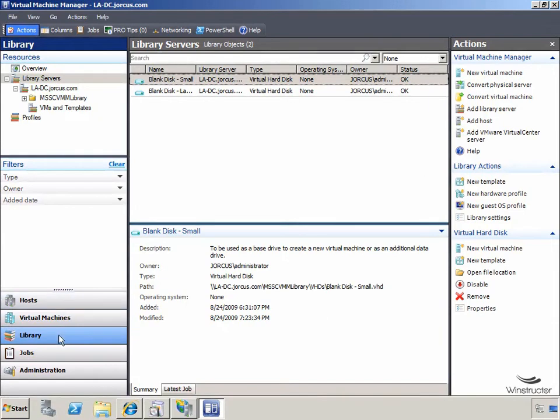So when we select library down here, up in the top left section, if we select library servers, you'll note that this server here, of course, is our library server. And since we can have multiple virtual machine manager servers, we can also have multiple libraries as well. So this MSSCVMM library share is, of course, a share that's created on this machine, ladc.jorkus.com. Now you'll notice here in the middle of this console we've got two default objects, and they're for virtual